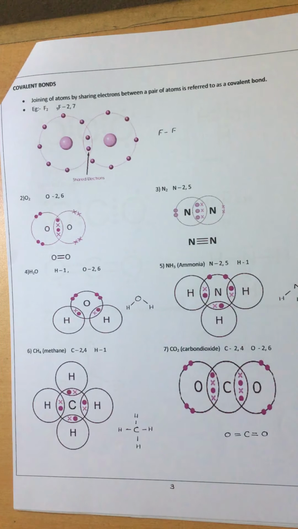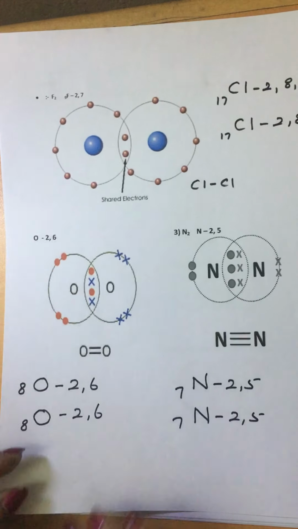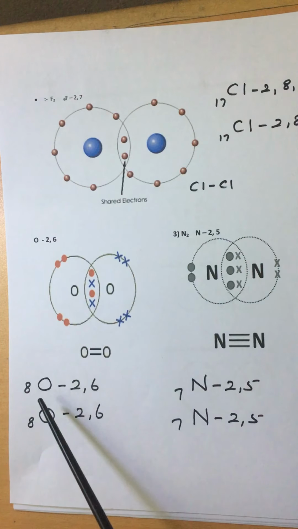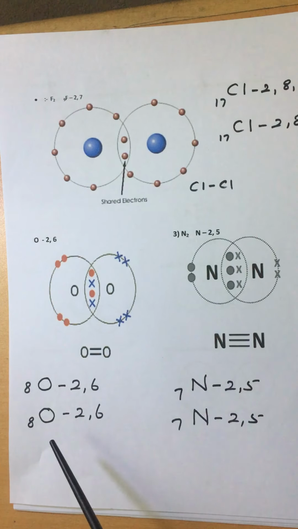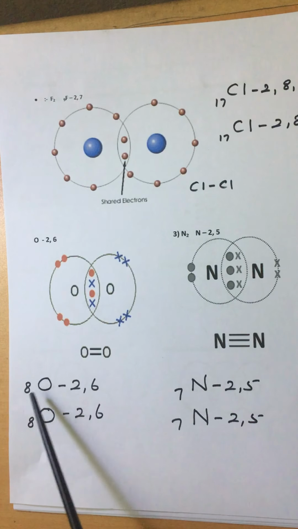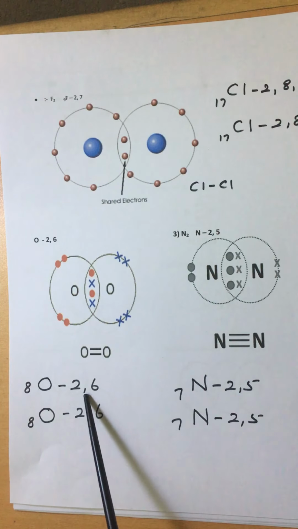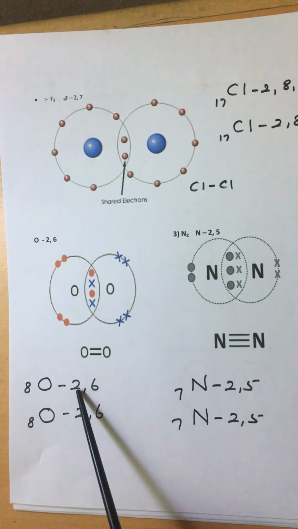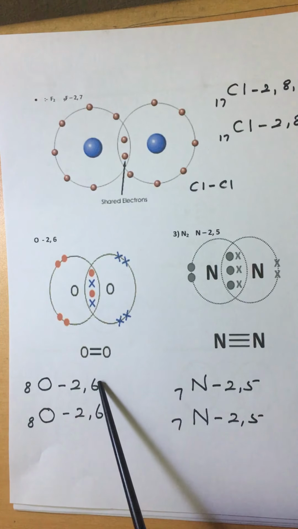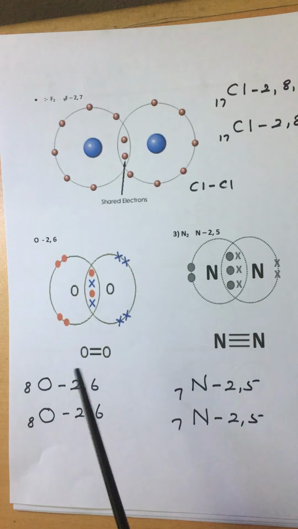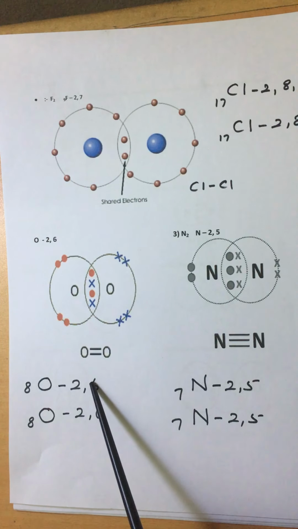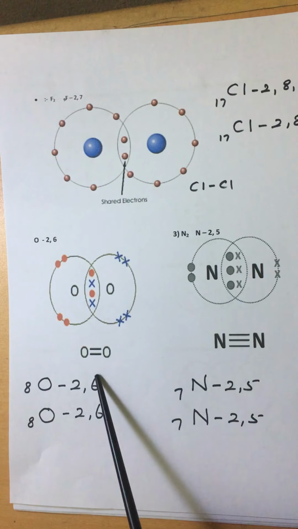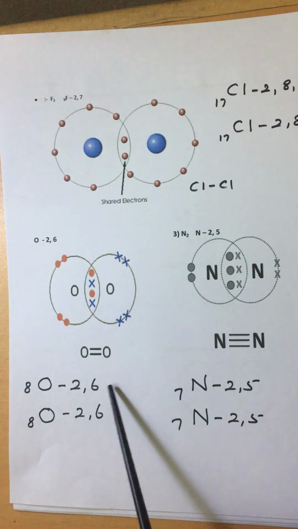Now the next example, oxygen, O2. Two oxygen atoms make oxygen gas. The oxygen atomic number is 8, so the electronic configuration is 2, 6. You have to take only the valence electrons because the inner orbit is completed. Only valence electrons make the bond. There are 6 electrons, so the oxygen needs 2 more electrons to complete the orbit, because it should become 8. So 2 more electrons are needed.